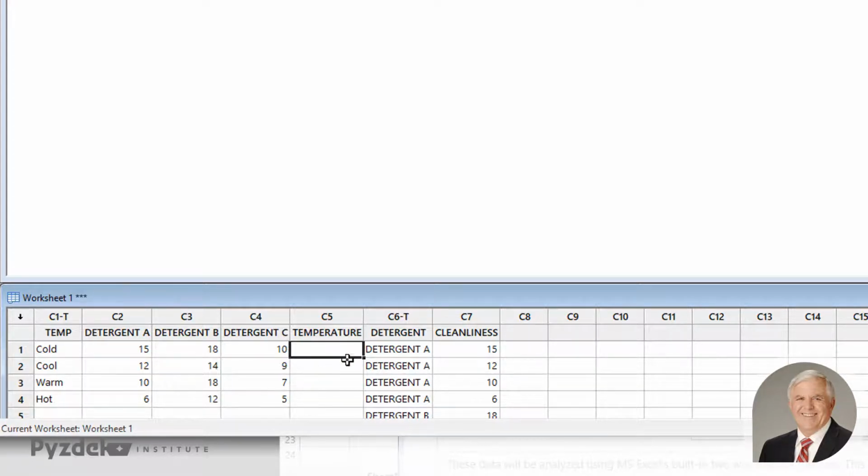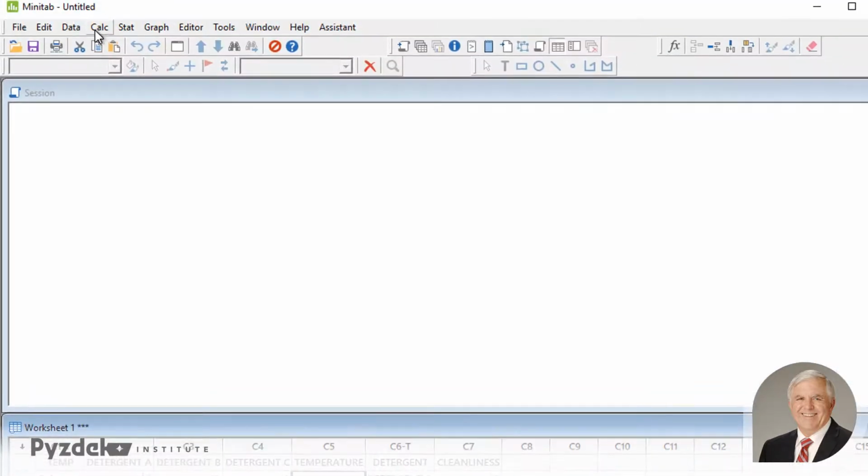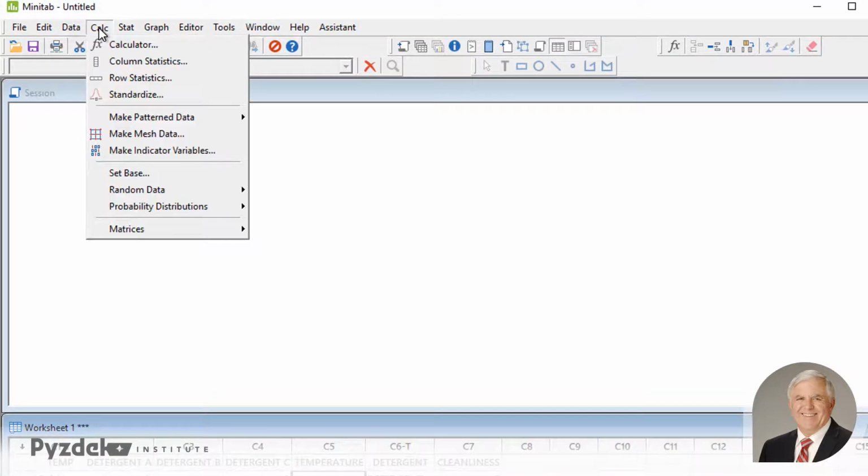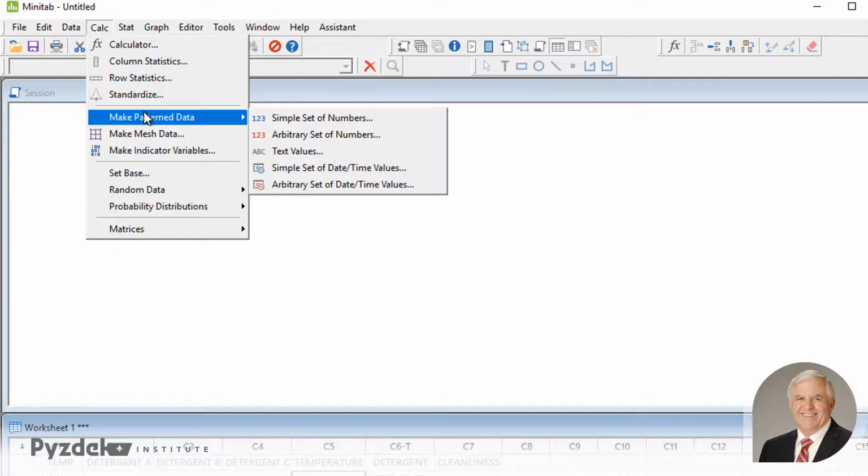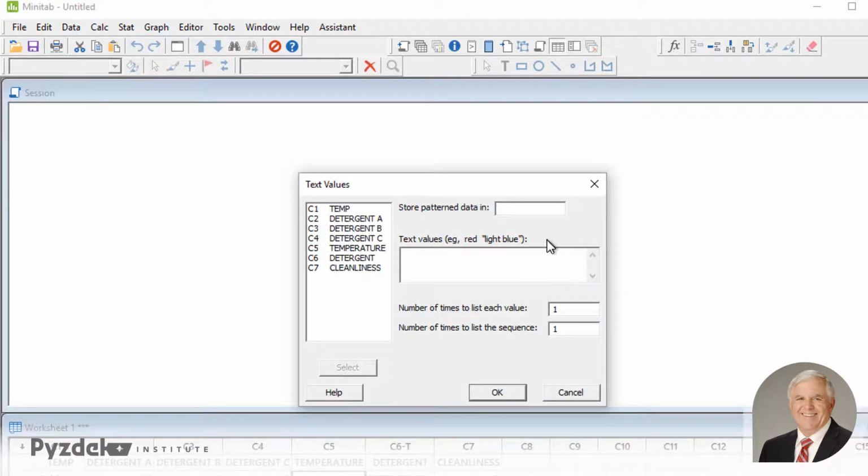Now I also need the temperature, and I need the cold, cool, warm, and hot for each of the 4 detergent readings. And you see we have those values in the temp column, but that's not how Minitab wants it. So we're going to go into Calc. We're going to click Make Patterned Data, and we're going to enter text values, and we're going to store these in temperature. And what we want is cold,